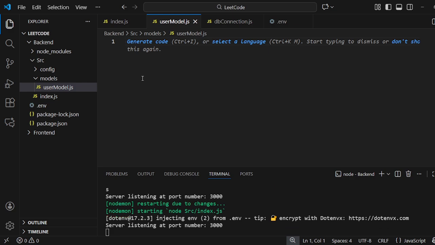So here we have to first require Mongoose, where we import schema from Mongoose. So const